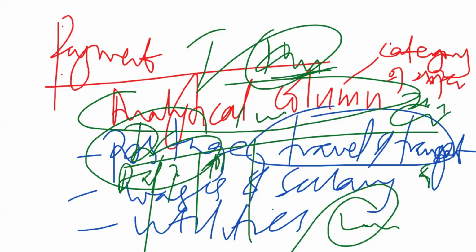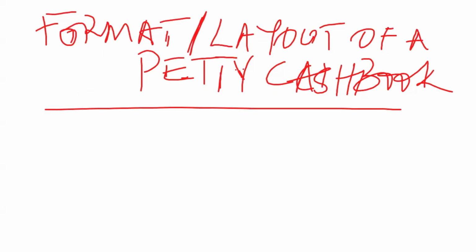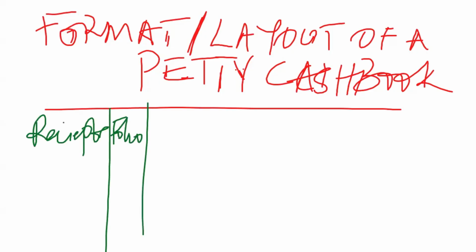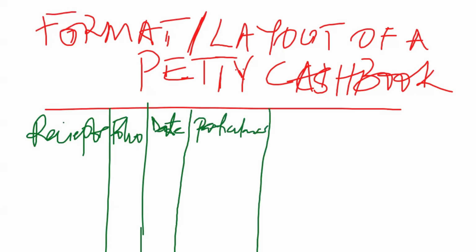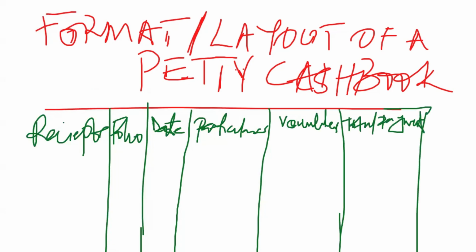So we look at the structure or the layout. We've said we have the receipts, we have the folio, we have the debt. I told you the debts and then the particulars column, they are in the middle. Then we have the particulars. We can have what we call the voucher numbers. We can have vouchers. We have total payment. And now when you're done with the total payments, then you will split the